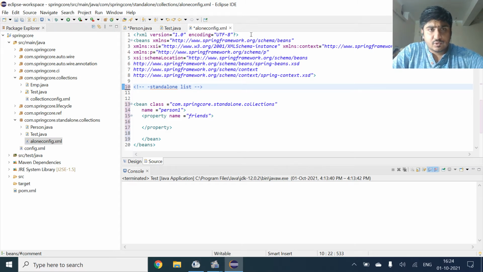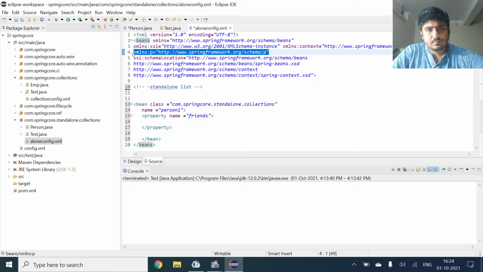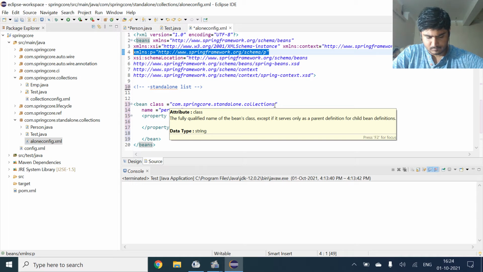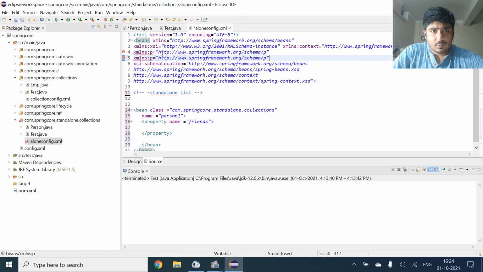So here we have already inserted the schema. So now we have copied the p schema, and instead of p we will connect it to util.